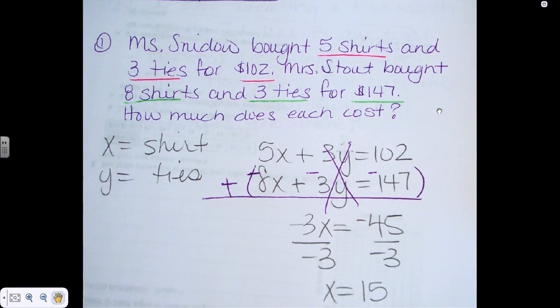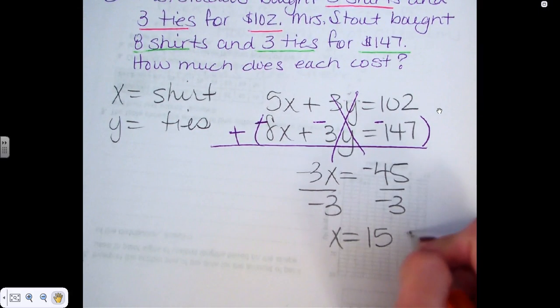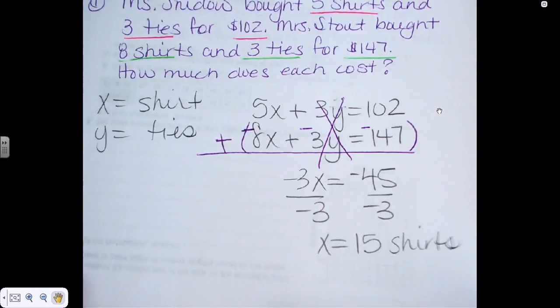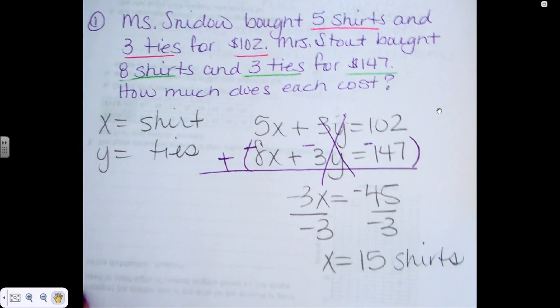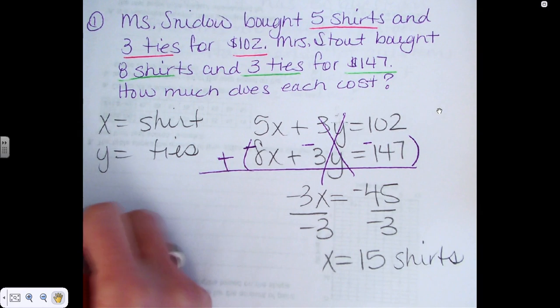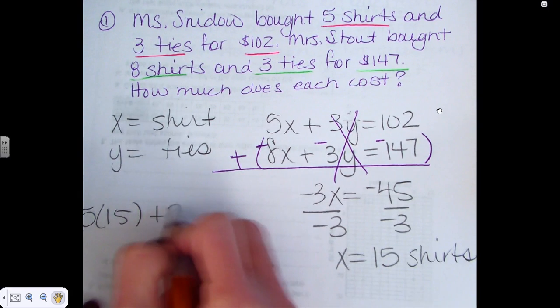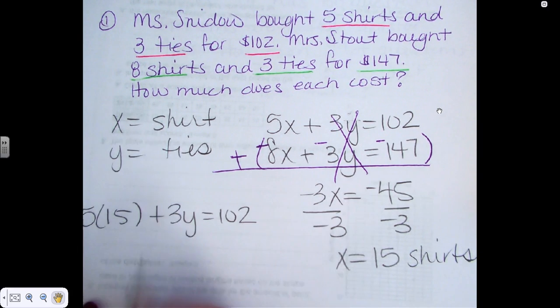So x is 15, and you need to let me know what is 15. That's 15 shirts. Now, I need to find out how many ties. So obviously I take my number, take x, plug it back in. So 5 times 15, I'm off the page, sorry, plus 3y is equal to 102. 5 times 15,